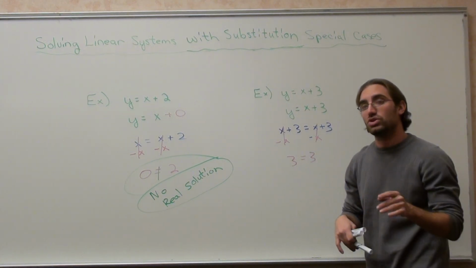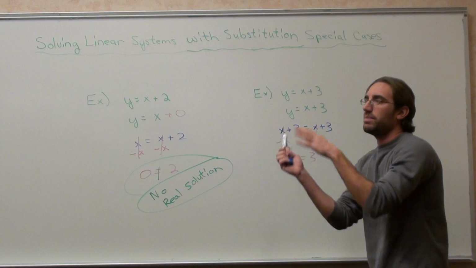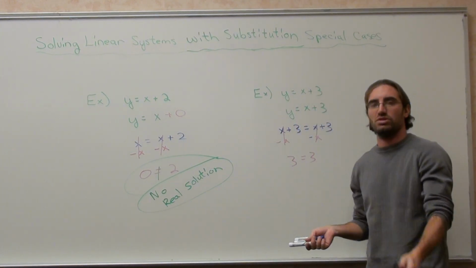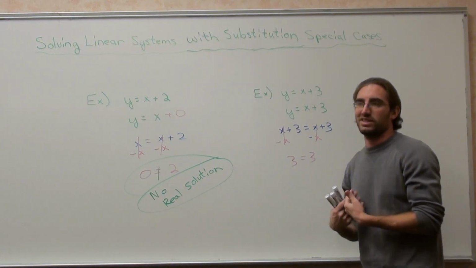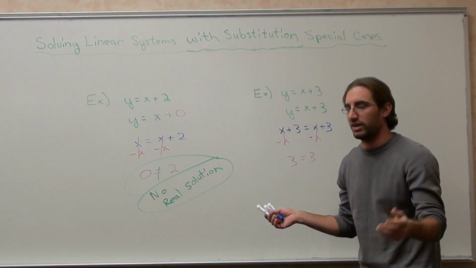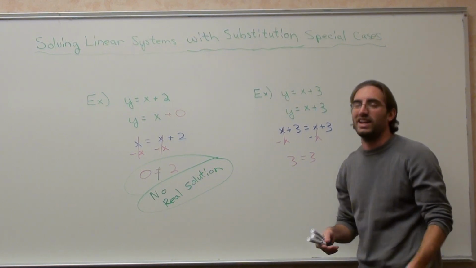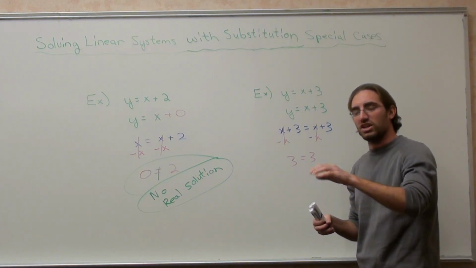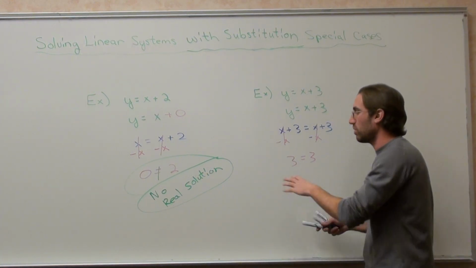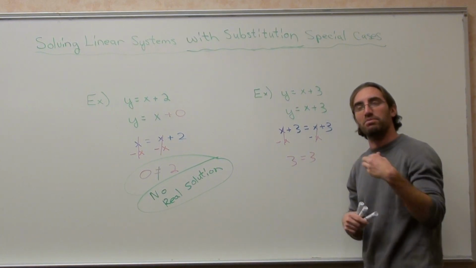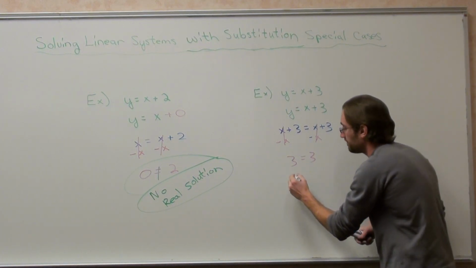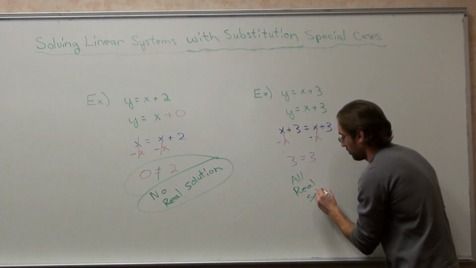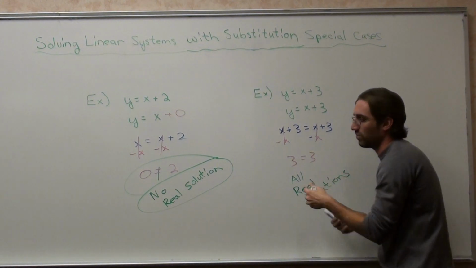And in either one of those two cases, since it's always true, it means that they're always going to cross, so the answer is all real x values. I used to tell my students to put all real solutions, but technically the theoretical answer is all real x values. But when you say something like that, it gets students confused, so you do it one step at a time. You always clean up math, and then you clean it up and clean it up more. But the most important thing is to be able to do the process and get a basic understanding. And then you just continue. So this is all real solutions. Actually, it's all real x values, but